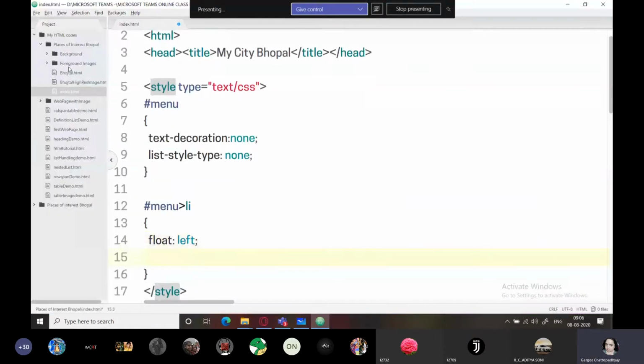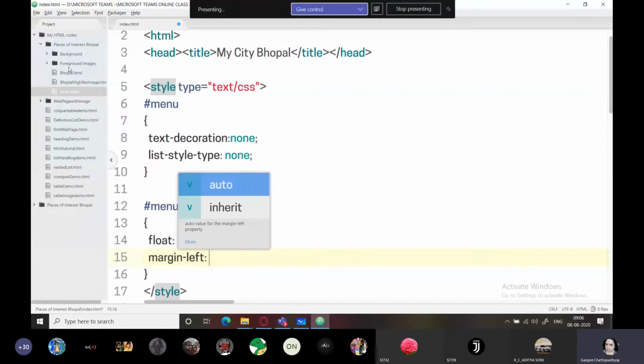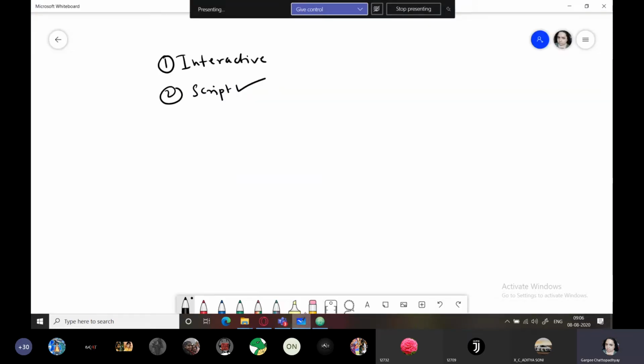Float left. Now I need to give some margin left, as I'll be giving it as 3M. Now what is M? Let me explain this to you. M stands for the space required by one capital M. That is the width required by one capital M. So when I say 3M, it means a total of 3M spaces.